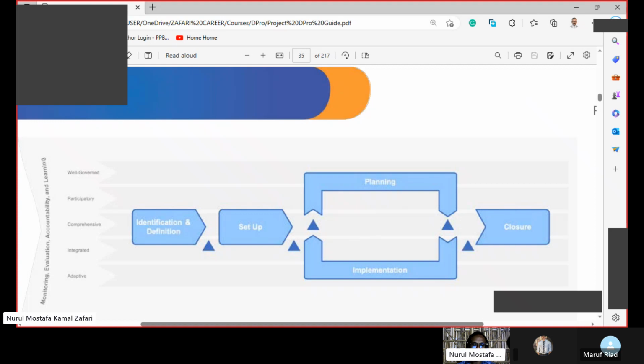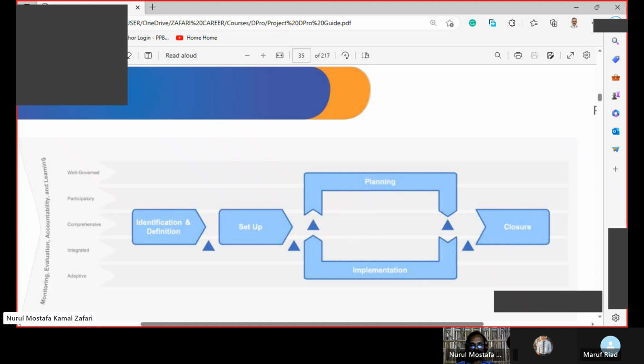Other things means like constraining the triple constraints, and also managing a project with the ideologies of scientific project management and artistic project management,